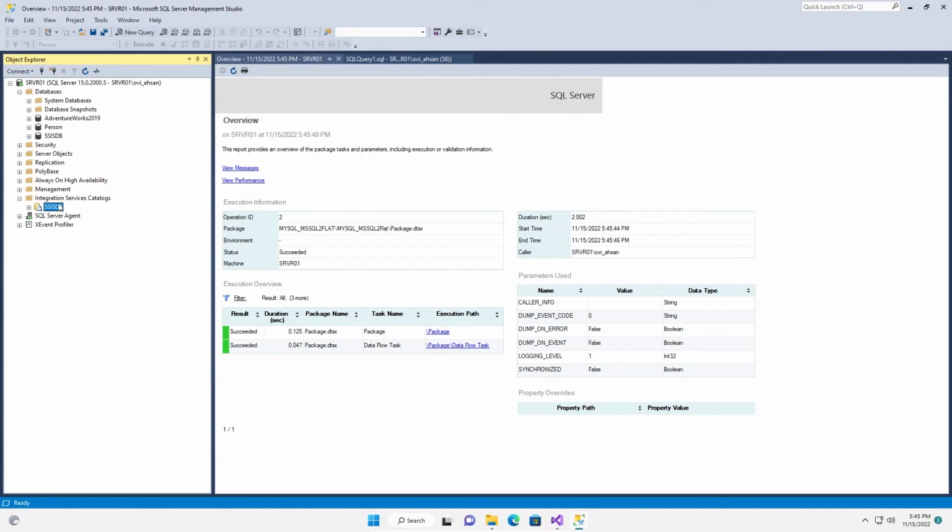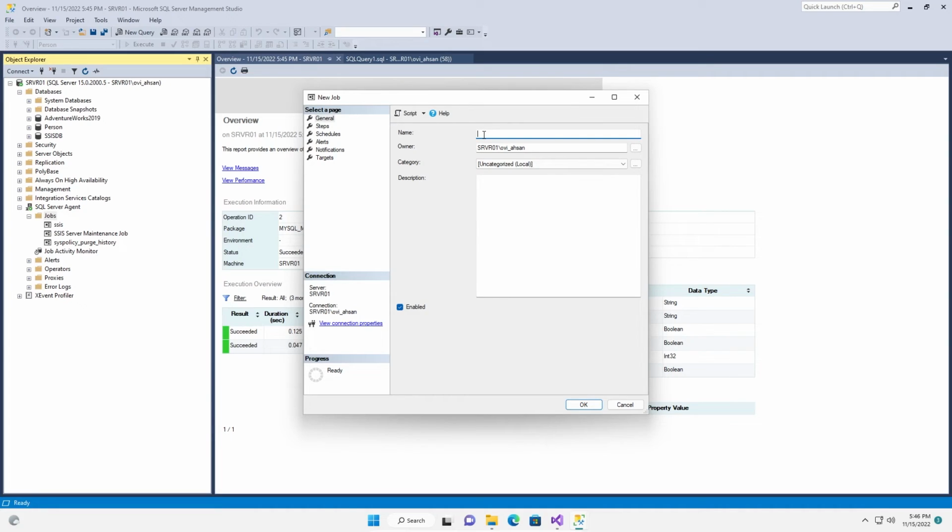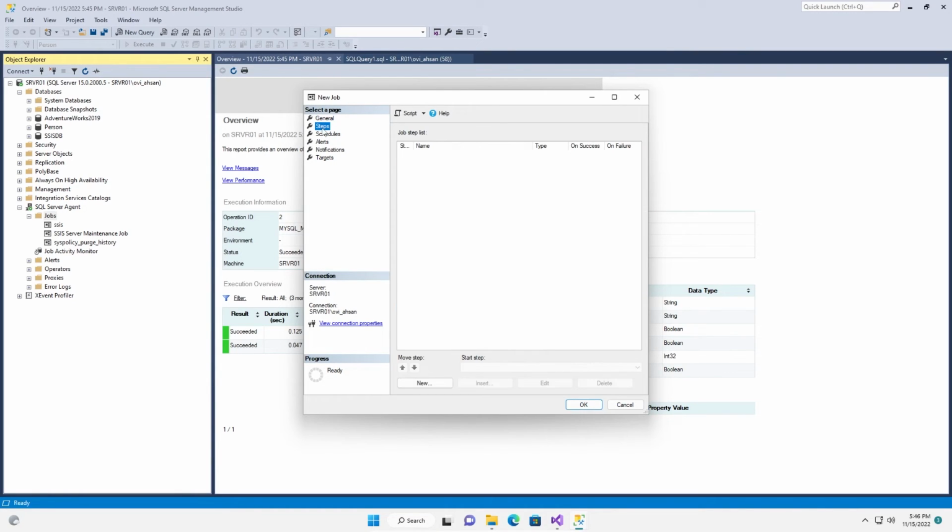Now we have to create a job that will run this SSIS package on a regular basis. Okay, click on SQL Server Agent, Jobs, right click, new job, name it SSIS. Step, new.